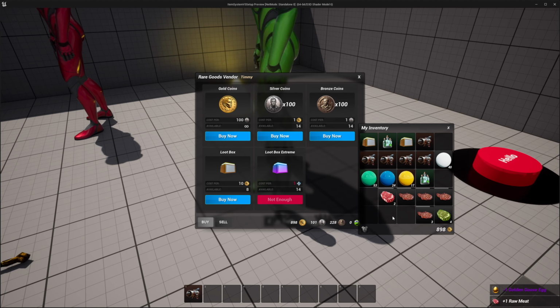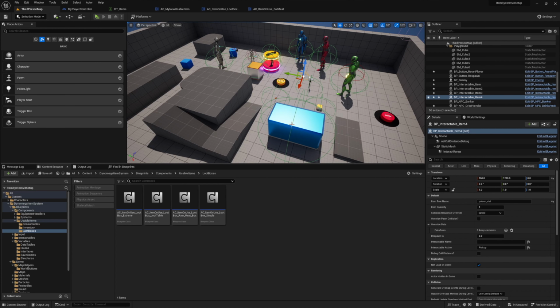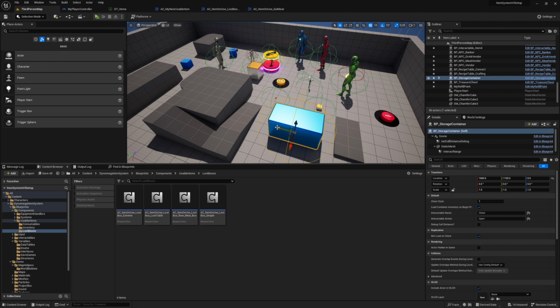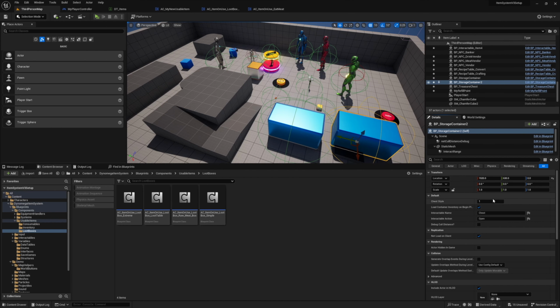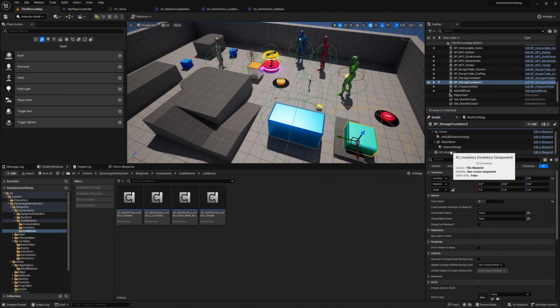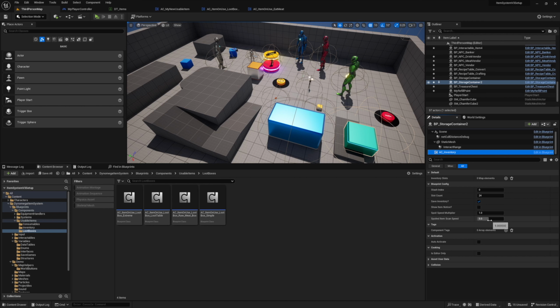The spoil system also comes with a feature built into the AC inventory component that lets us specify the multiplier used when calculating the expiration of the item. And with this, we can turn our storage container into a freezer that slows down the spoiling process or a rapid spoiler to speed it up. To do this, just drop a copy of the container in the world, then select the AC_inventory component on it. By default, the spoil speed multiplier is 1. And if you reduce this, let's say to 0.1, this will make items stored in it spoil 10 times slower,